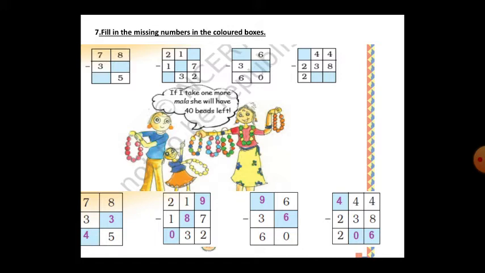One thing you have to remember: addition and subtraction are both good friends. When you do addition, for cross verification you do subtraction. If you do subtraction, for cross verification you can do addition. That is the reason you have to apply both. Here the symbol is minus. 8 minus 3, if you minus 8 with 3, you will get the answer 5. Like that, 7 minus 3 is 4.